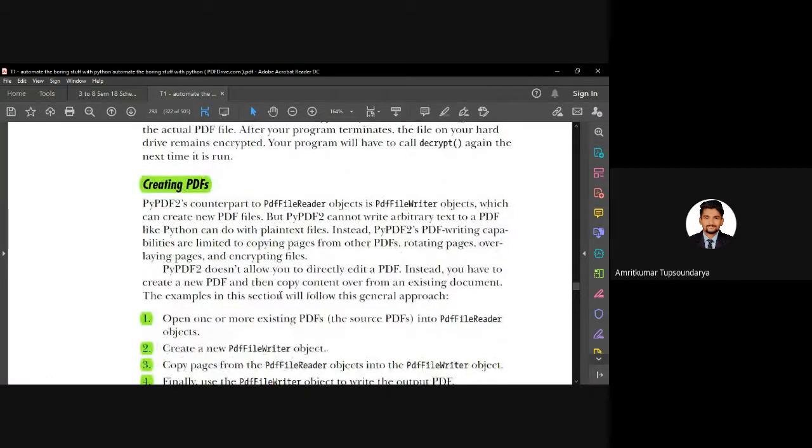Now another simple operation is creating a PDF. As I mentioned in the beginning of the lecture, we first saw how to extract text content from a PDF and display it on the terminal. But can we create a new PDF, copy the content into that and save it? So what will be our general approach?